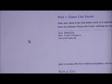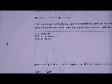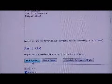This is for the Gretzky, Jagr, Lindros card. Teams on the card are Los Angeles, New York Rangers, and Philadelphia. I randomize it 3 times. Whoever's on top at the end gets the card. There you go. So 1,